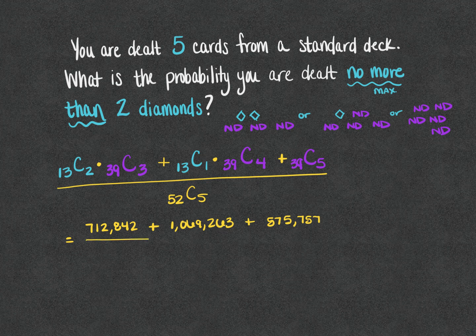How's that for a fun number? My denominator is 2,598,960. And so again, adding up those numbers in the numerator,